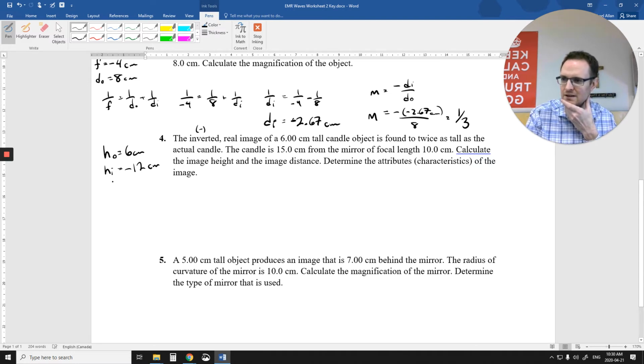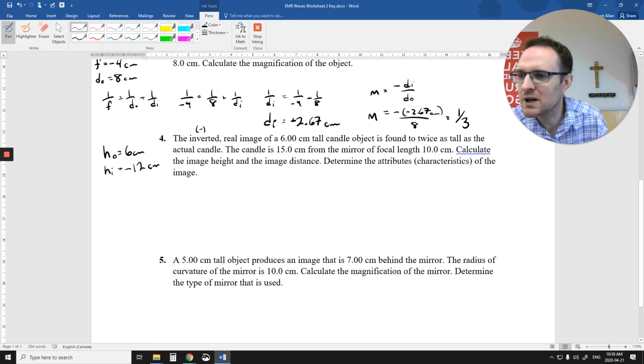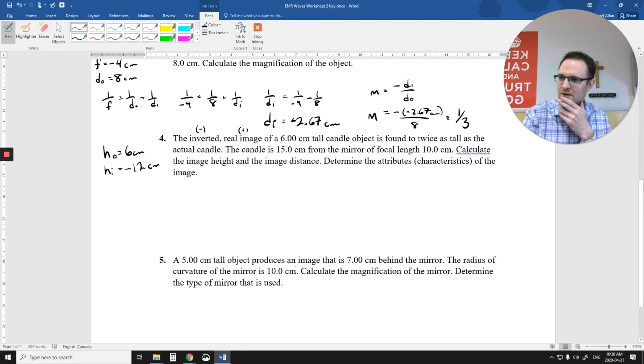The candle is 15 centimeters in front of a mirror of a focal length of 10. Calculate the image attributes, the characteristics. It doesn't tell me what kind of mirror it is. So maybe we have to figure that out, because we got some information about what kind of image it is, the positive number, right? So it's what we know about the DO. I don't know why I wrote HO there. DO